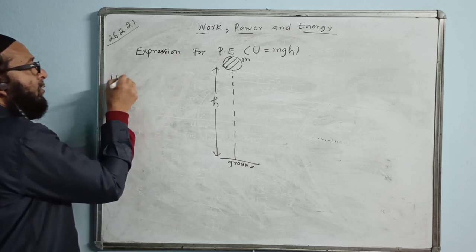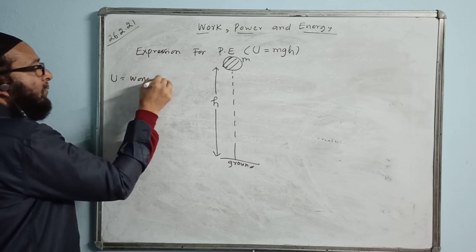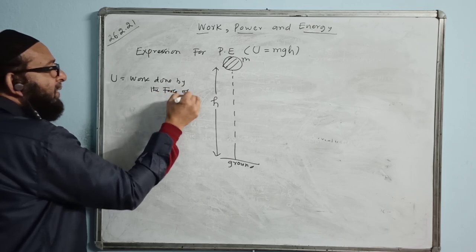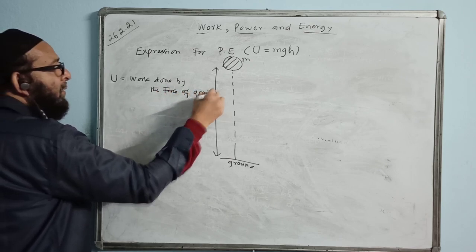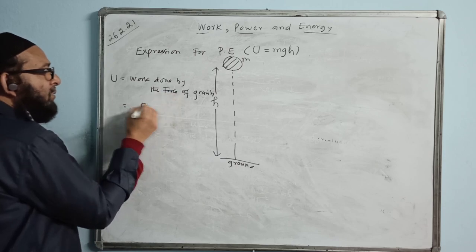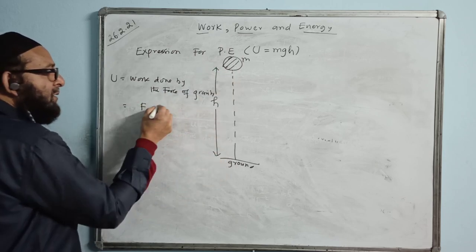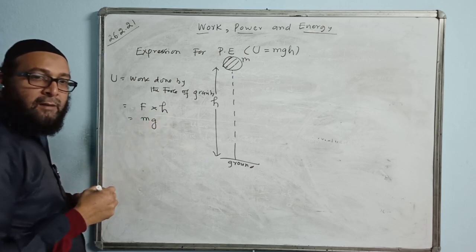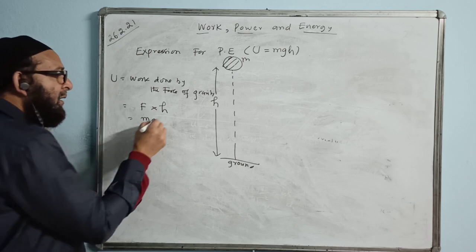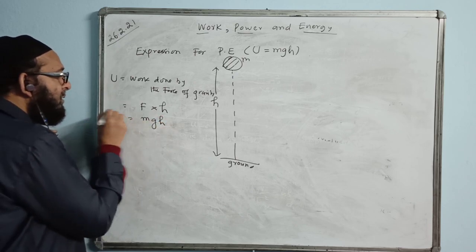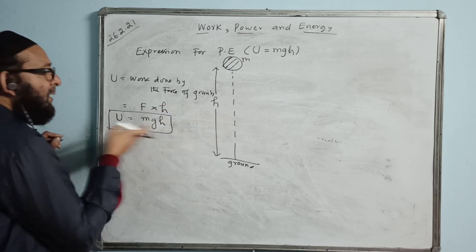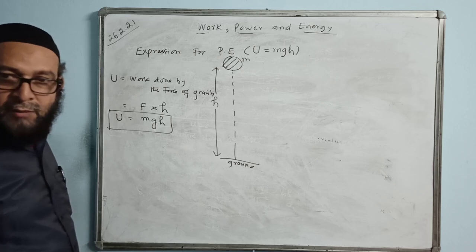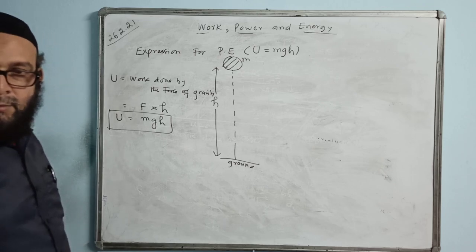So first we have U is equal to work done, right? So work done by the force of gravity, we write that. Force of gravity is, suppose, F, and the displacement, the distance covered, is h. Force of gravity formula we have mg. This is called the weight of the body. Mass into a, but a is the same as acceleration due to gravity. So mg into h, it becomes mgh. Simple. 1 mark will be on the diagram, 1 mark on this, 2 marks question. So potential energy formula, or gravitational potential energy formula, becomes mgh. Okay.